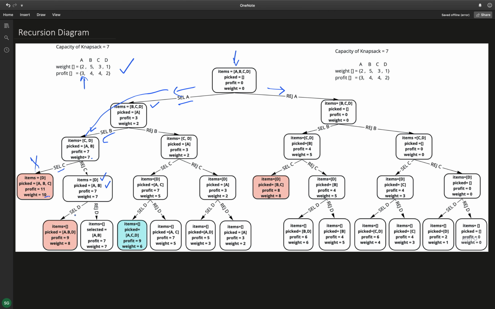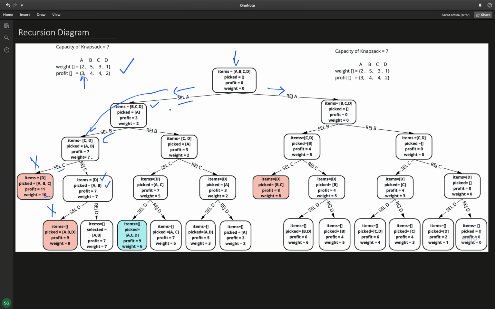Here I can't select D because my weight is full, so I don't have that much capacity in the bag. And if I reject D, then also I have only A and B in the bag, and I have this much profit and this much weight.